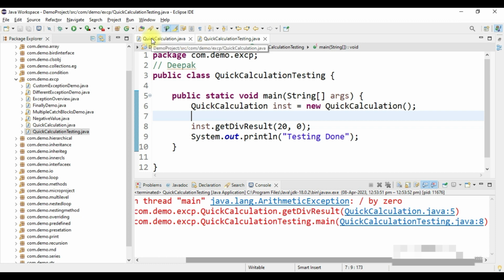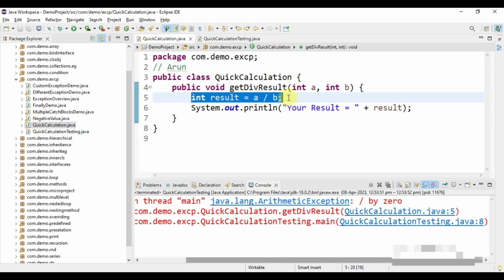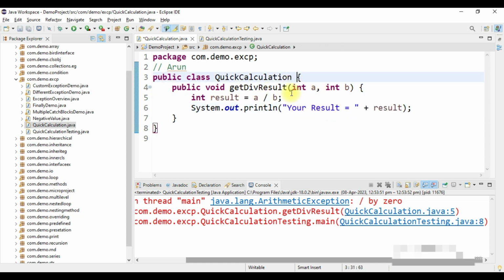Then once Arun received this message, Arun is frustrated and goes to his class and checks everything he has done, or did properly, right? A divided by 2, and when it's coming this way, it's giving the message. Now Arun thinks, I have to do something so that nobody can blame me, right? So then Arun